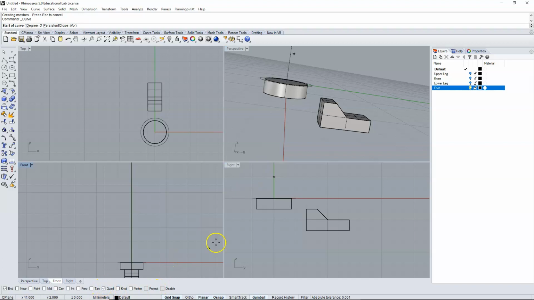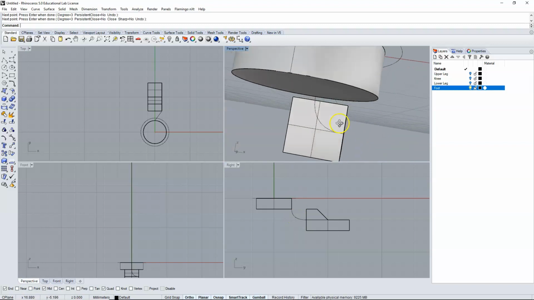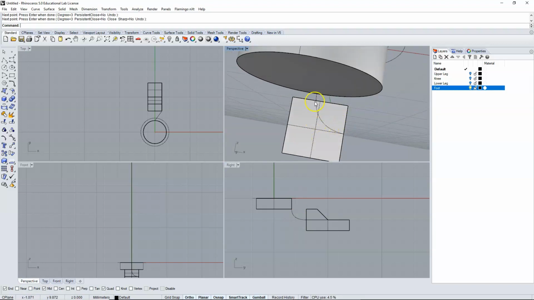I'm going to create a curve from our quadrant. I'll turn off grid snap, turn on ortho, as well as smart track. And I'm going to turn on mid so we can find a midpoint, bring that over, and then bring that to the midpoint in order to create a little bit of a connector here. Unfortunately, it did not snap correctly. So we'll delete that, and instead I'll put in a construction line. You can now grab that midpoint,